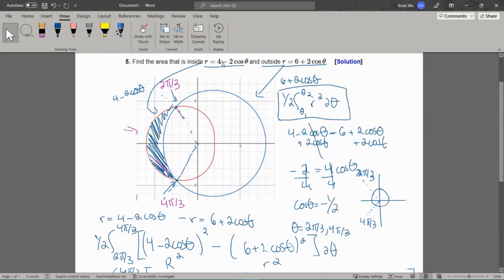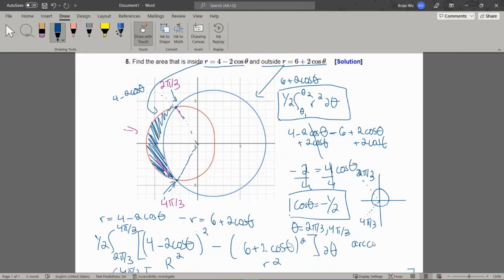So we let this r function equal to the other one. That means that they'll intersect at the same radius, right? And then we solve for theta. So we get cosine theta is equal to -1/2. We know that there's two angles that make cosine theta equal to -1/2, and that's 2 pi over 3 and 4 pi over 3. Yeah, and if you have trouble doing this kind of one, you can also just do